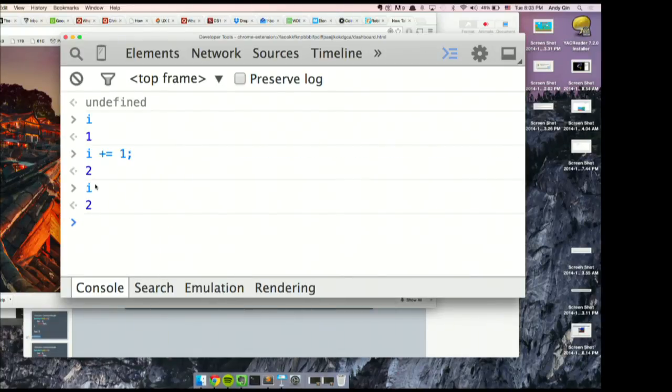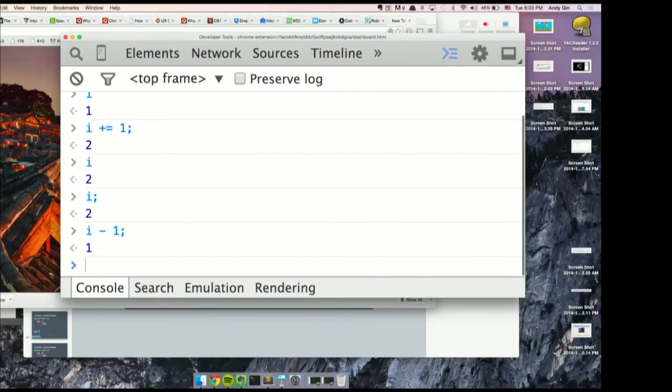Okay, same thing with decrementing, it's essentially the same thing. So right now, the value of I is 2, right? So if we do I minus 1, it shows us that it outputs 1, but I is still 2. So if we actually wanted to change the value, we would do I equals I minus 1. And then if we check, I is 1. And let's play with the shortcut way of doing it, which is I minus equal 1. And then we check, I is 0. Any questions?